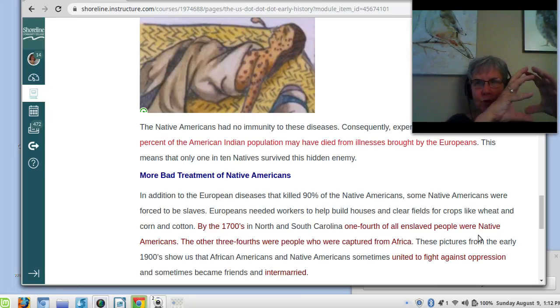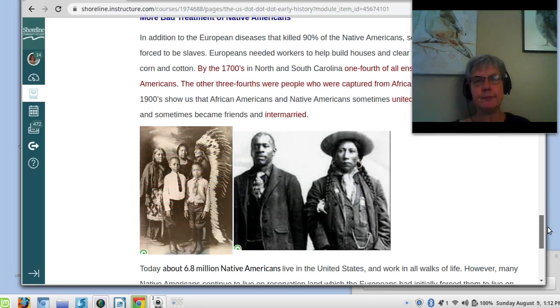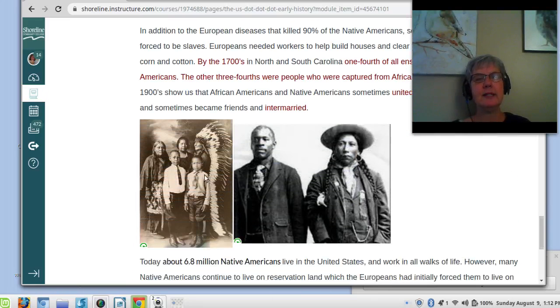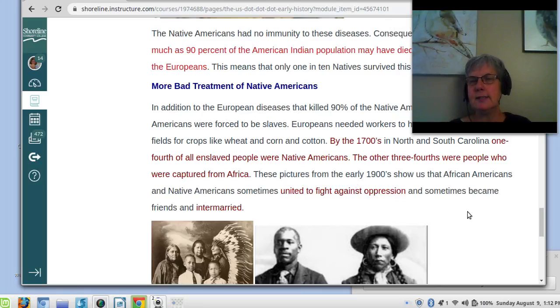Intermarried means one group marries people from another group. People from different races get married. People from different countries get married. That could mean that people are intermarrying. So if you look at this picture closely, you can see